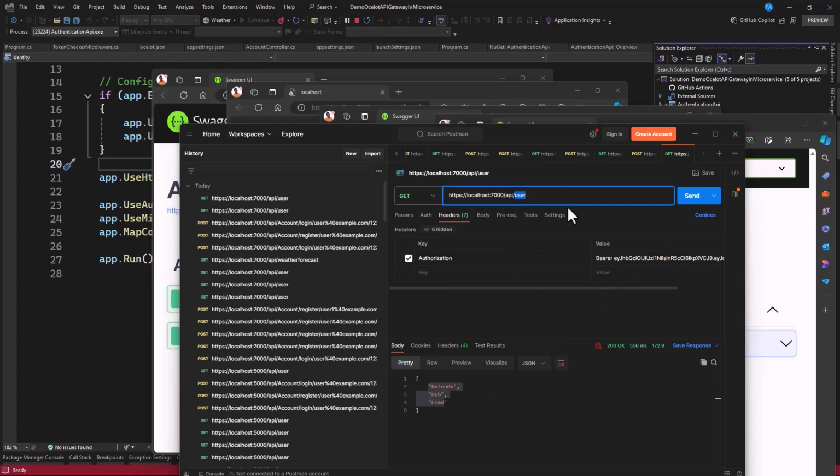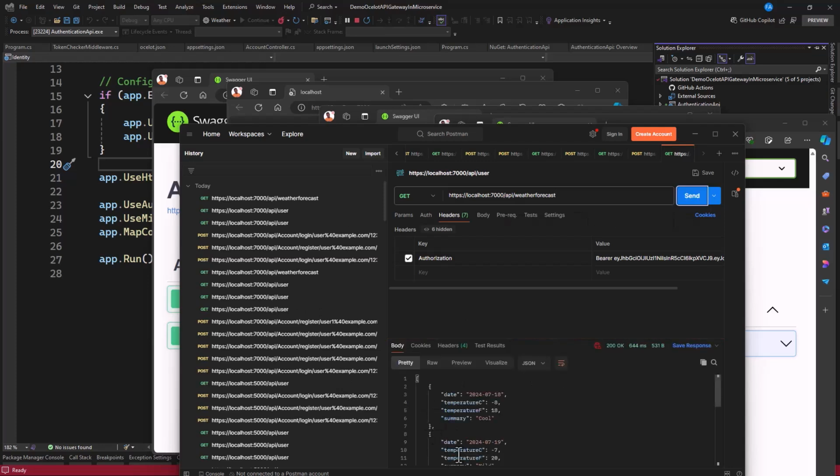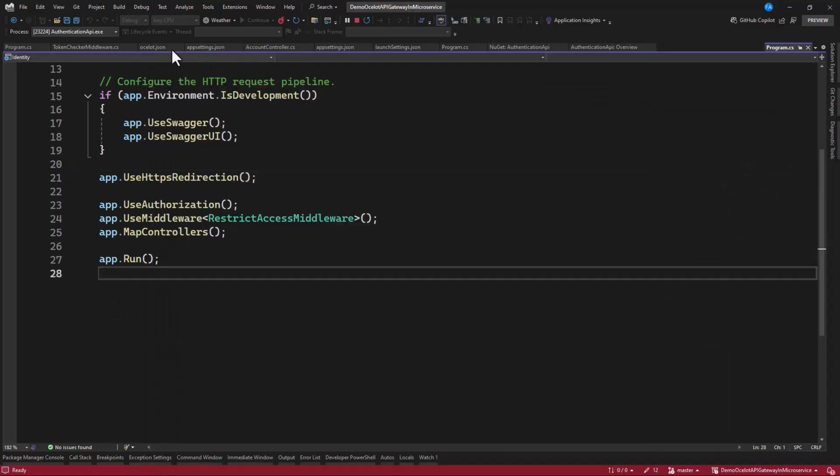Now if I change this to weather forecast and try to make a send, we're gonna have the record in here. As you can see, we have it because now our request has token. In order to verify, maybe we can put a breakpoint at, let's say, weather forecast.